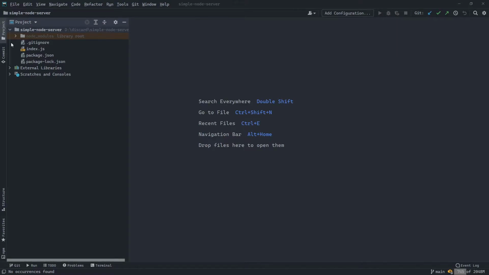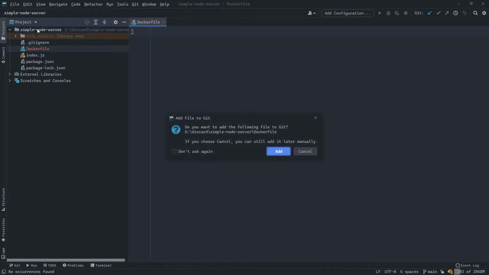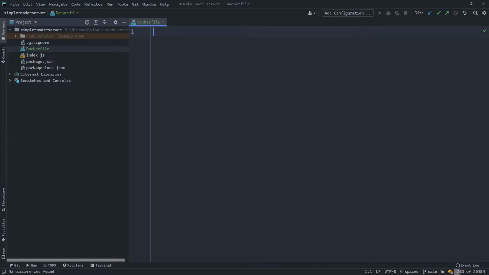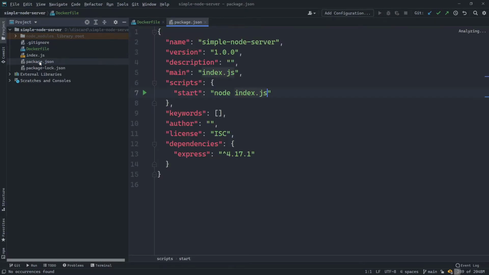Now that you know what an image is, how do you create an image? To create an image, you must first create a file called the Dockerfile. A Dockerfile is simply a file that gives Docker instructions on how to build your image. Each command in the Dockerfile can be thought of as something that adds a layer to the file system of your container.